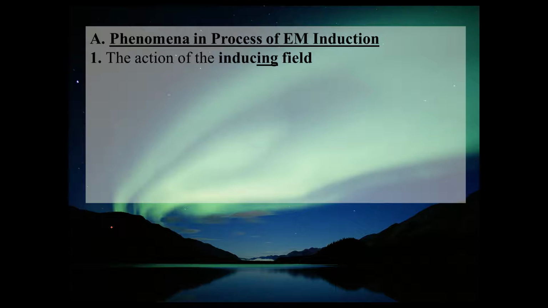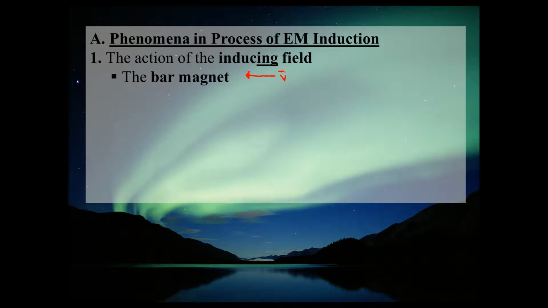Okay, so when I'm going to induce current in a conductor, we typically go through the following steps. So 1, there is the action of what we call the inducing magnetic field. The inducing magnetic field would be the object that is getting things started. It's getting things going in the first place. So what got things going in the first place? Well, that was the bar magnet we were moving. That was the bar magnet that we are moving towards the left